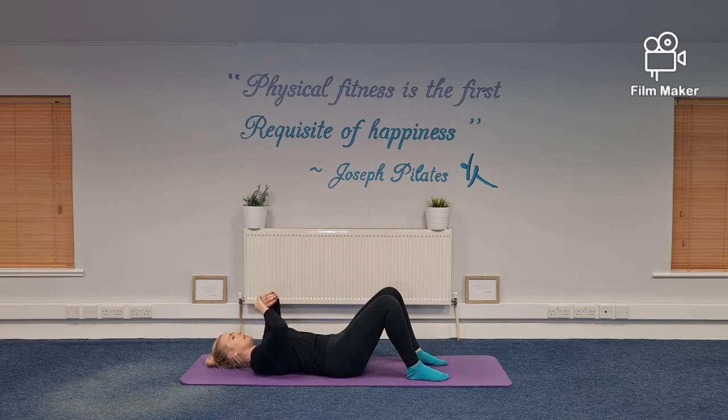So when we're ready, let's take our hands, interlock our fingers, bring your hands to the back of your head. Let's nod your chin so the back of the neck is long and lengthened. We'll take a breath in, and on the breath out, off we go. We're going to come up into the Abdo Press position and lower. Nice and slow to start. Lift and lower, making sure the legs stay nice and still. The pelvis is nice and still,